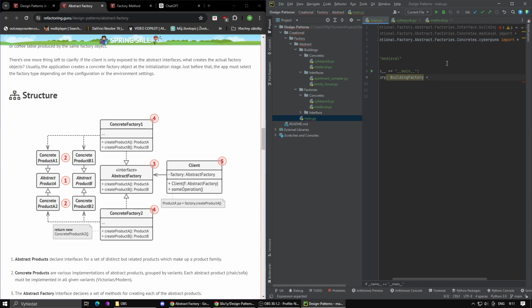So can I do that? The building factory will be equal to the medieval building factory? You know what? Cyberpunk building factory, so it's more exact. Medieval building factory, like this. And we'll do this if a theme is medieval,